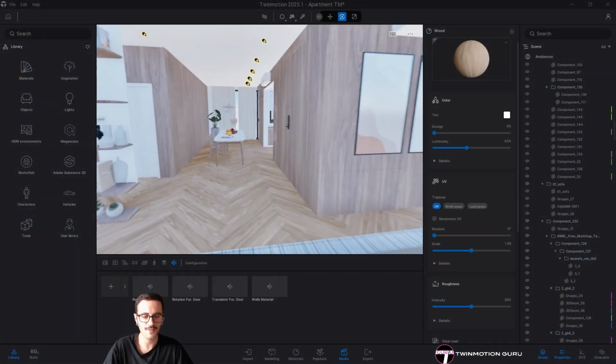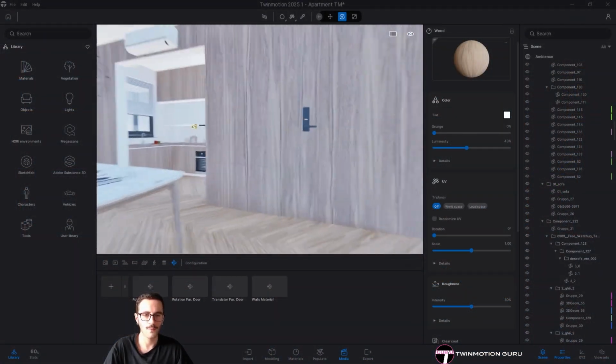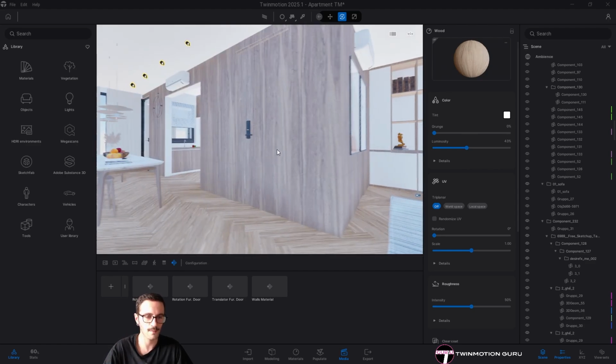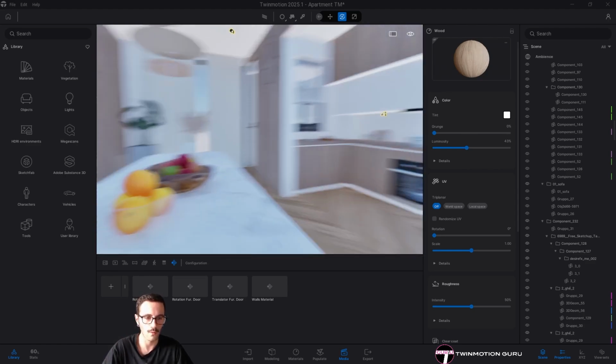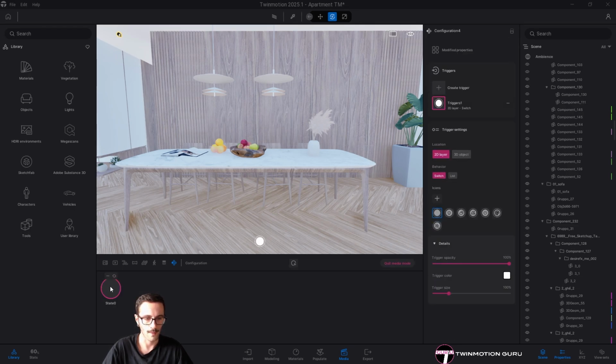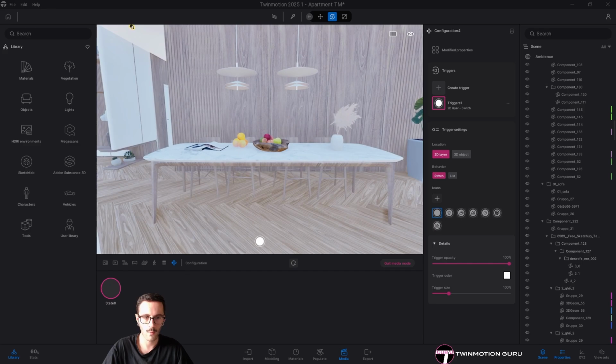But of course it's not finished yet, because what if we want not to modify all the materials, for instance, of the walls, but we want to modify materials of a single object? Well, of course, we create the same configurator as seen a moment ago. So material, and we want maybe to change materials of the table.